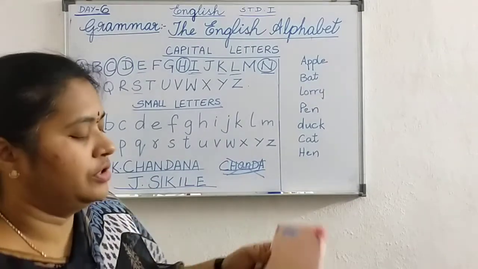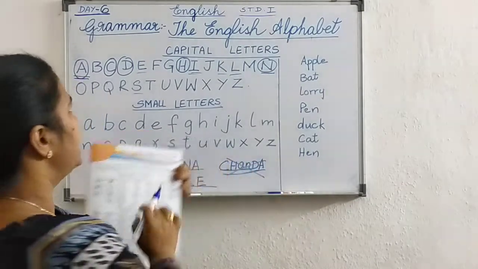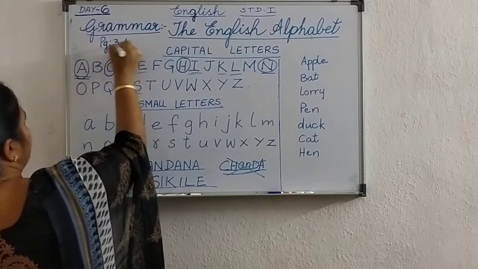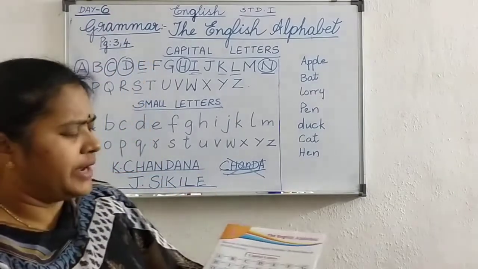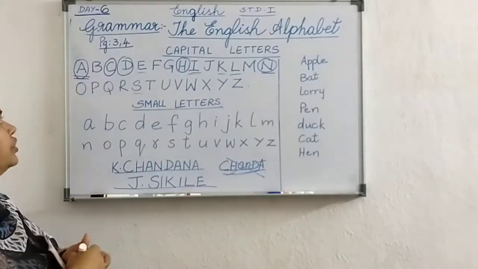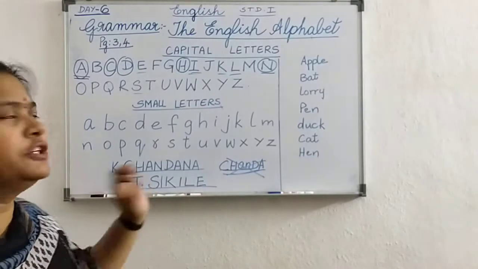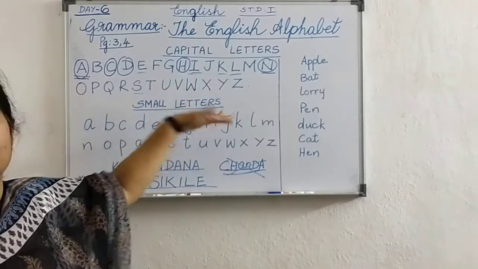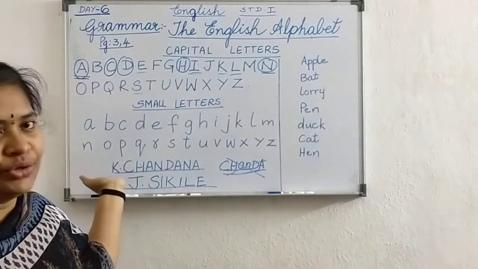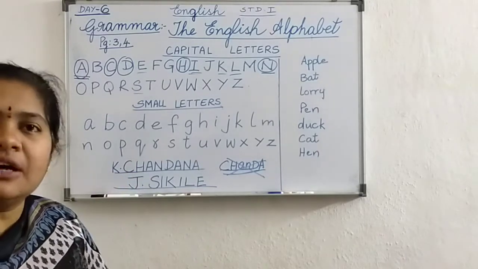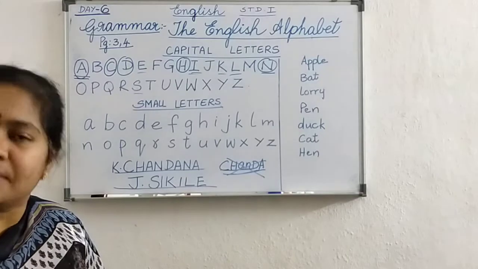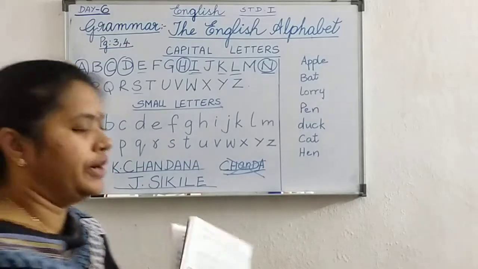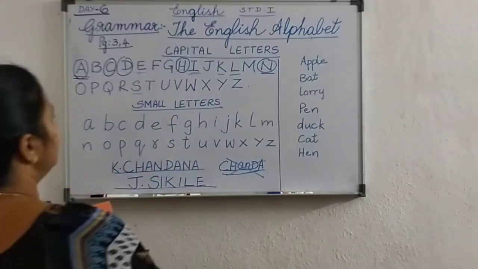Okay? Now, this is page number 3 in the grammar textbook. And page 4 we are going to see now. Now, in alphabets, you all know what letter comes first? First comes the A. Always first A only. Will the A come at the last and Z comes at the first? No. Always the A comes in the first. B comes second. C comes third. Yes or no? So, that is called alphabetical order. What is that called? Alphabetical order.